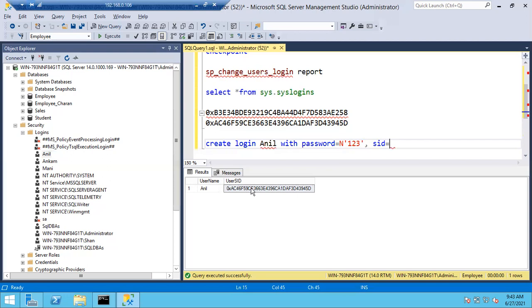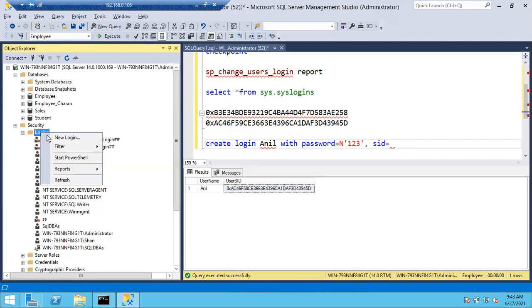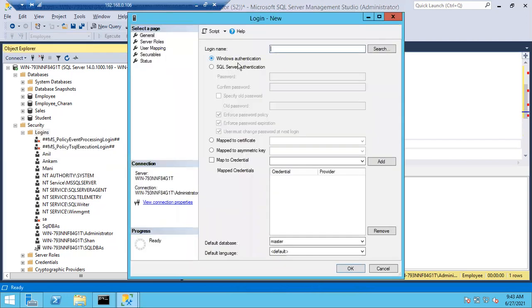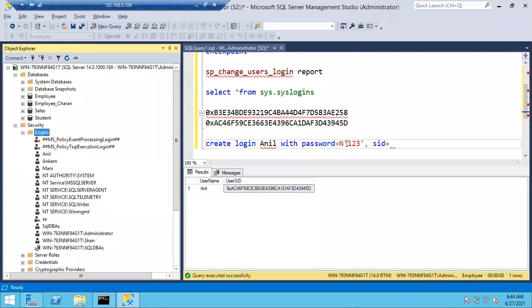Sir, I have one doubt here, sorry for the interruption. Yes, tell me. If we don't remember the password of a previous login, how can we give the same password? You can give your own password again. There is an option right here while creating a login. In a new login, you can give your own password, whatever password you want. As the policy expiration is on, the user can change the password again. So don't worry about it. Just for a simple password, I am turning the password policy off. You can give your own password here, and the user can change the password at next login in real time.